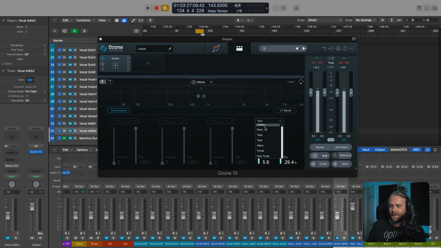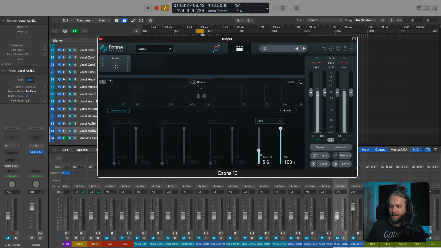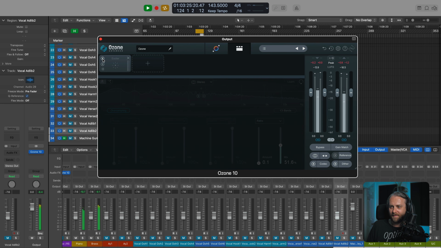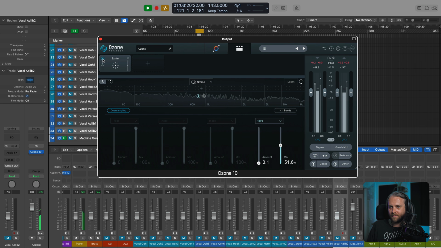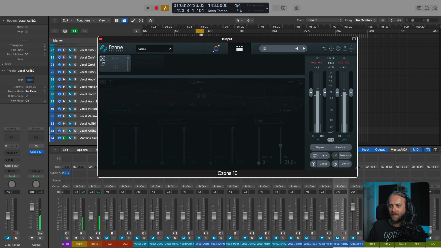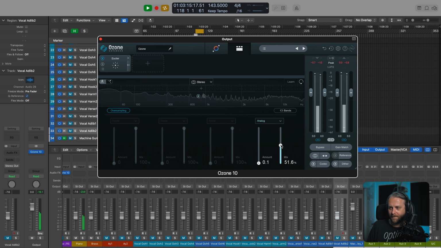Now we are over to our transistors. First with retro. This is more digital. Even at 2.2%, we're getting a lot of action. I mean, that's a vibe right there. One more transistor type here. Let's bring in analog.